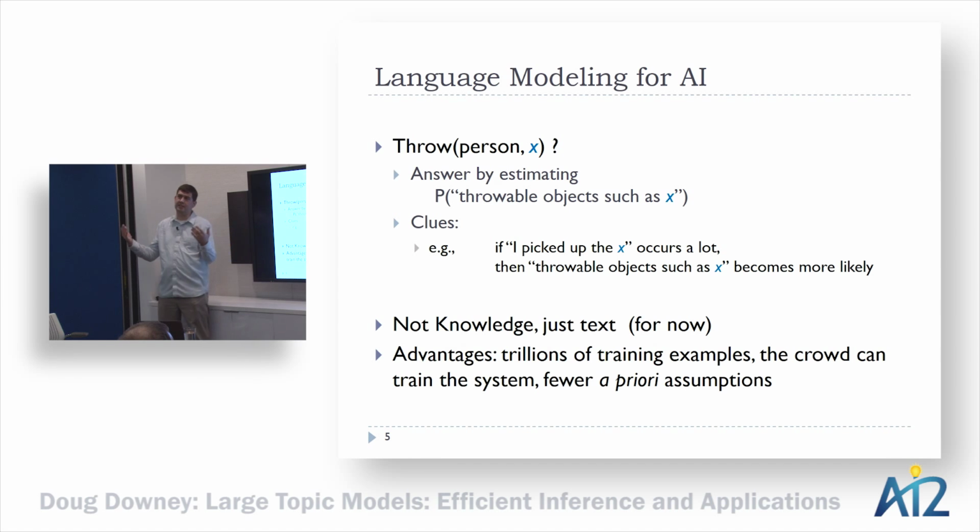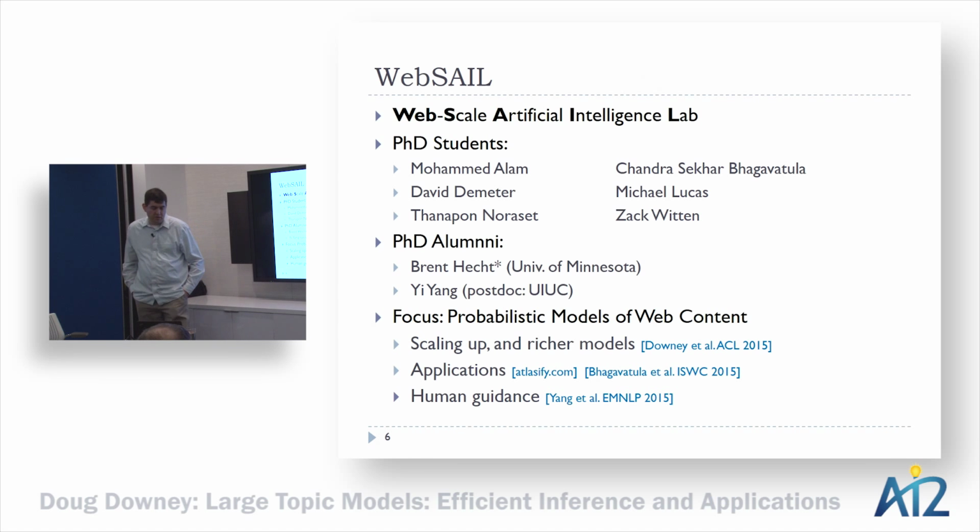And, of course, any running text is training data for these models, right? So if you can just get running text, and there's a lot of that already, and more of it being created every day, you can create new training examples for this approach.